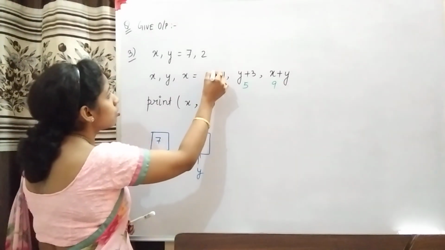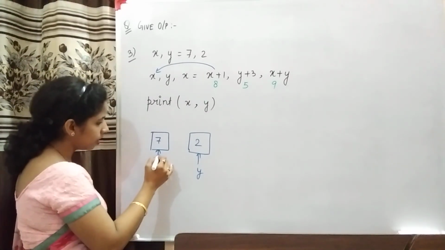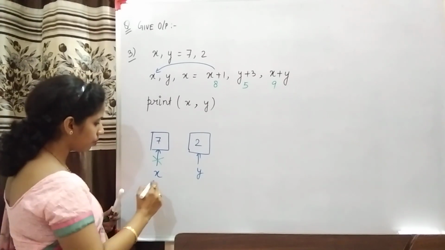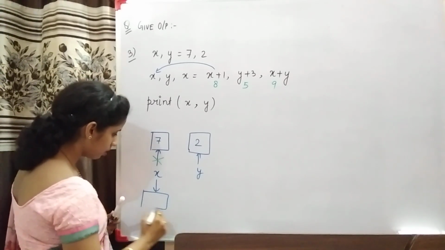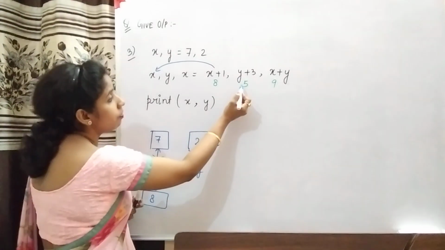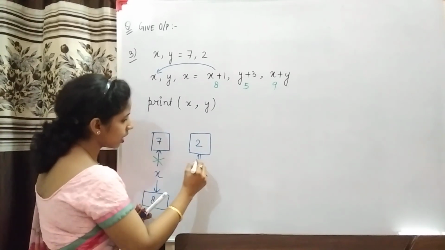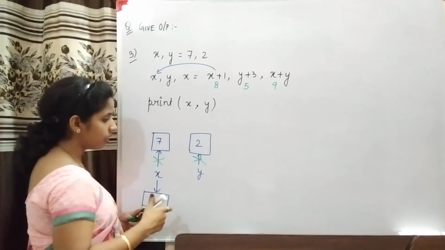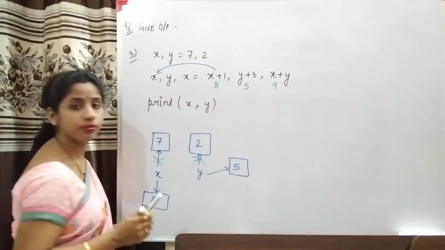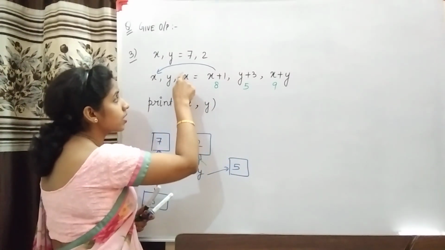तो 8 किसको मिलेगा, x को असाइन कर देते हैं. x will stop pointing to 7 and start pointing to 8. ओके, ध्यान दीजिए यहाँ पे क्या हो रहा है. 5 is assigned to y, तो y यहाँ पॉइंट करना बंद कर देगा and it will start pointing to the location where 5 is stored. ठीक है, अब देखिए क्या हो रहा है. 9 is assigned to x.